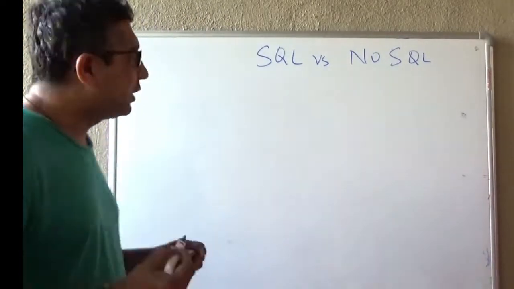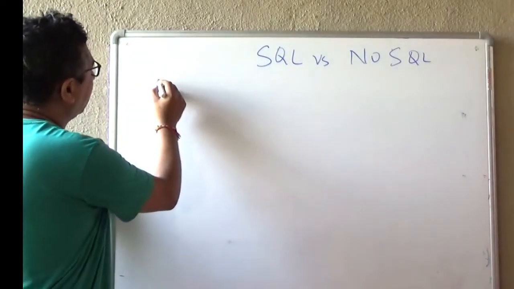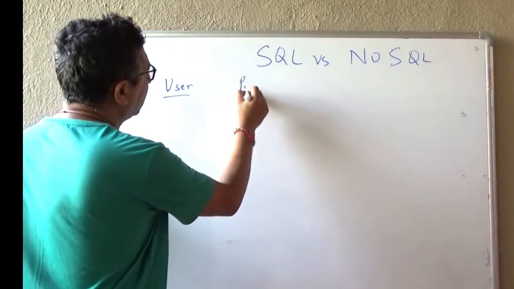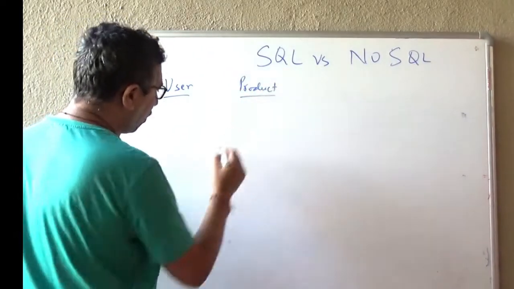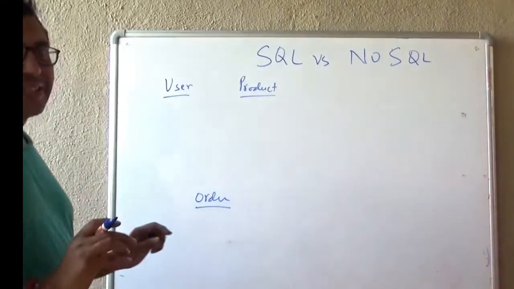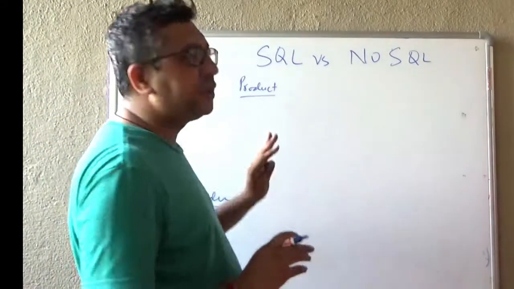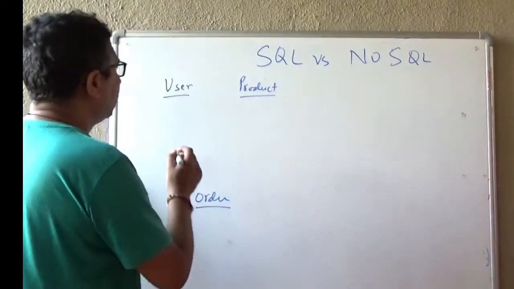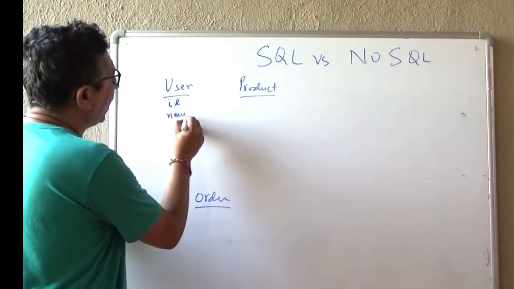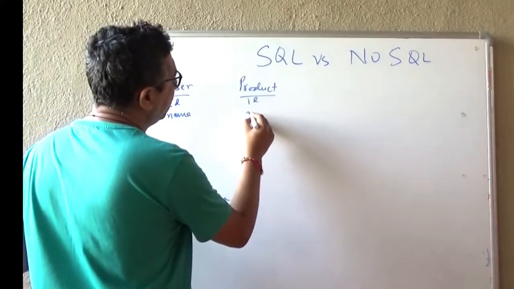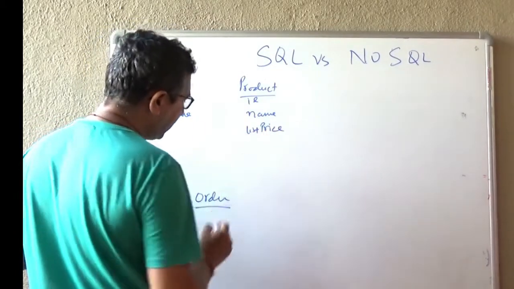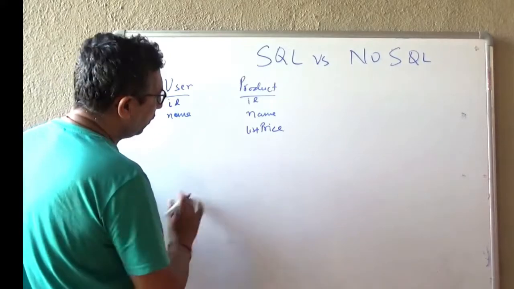So what I'm going to do is make a small use case. Let's say a user has a product and there is an order. Okay, and we will say that in the order, for simplicity's sake, one user is only buying one product. So user in the SQL world would be ID, name. Product would be ID, name, and maybe list price. Order would be basically,